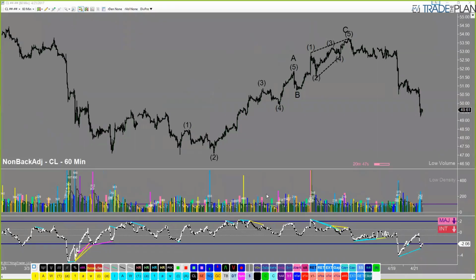But it's looking more and more like this is the end of a big correction, and now we're going to be going down for that giant 5-wave move down to below 30 over the next several months, few months. And it's already kicked off a pretty nice impulsive move to the downside. This is not looking very corrective to me at this point. So